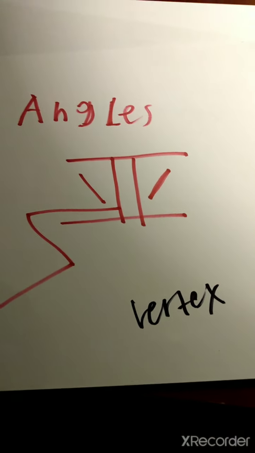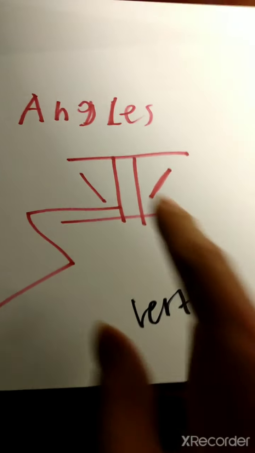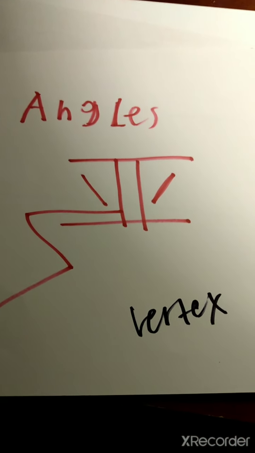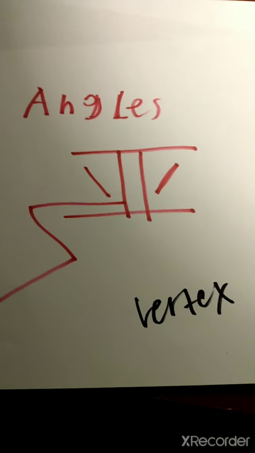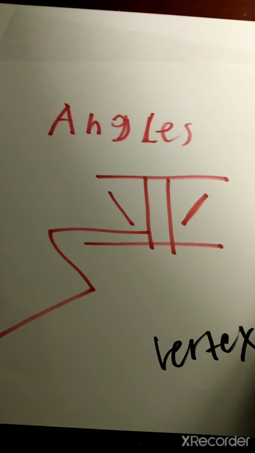Hey, Taoping Airlines Math Industry, and we're going to be taking a look at angles again. What we're going to review with angles is that we understand there are parallel lines right here. Parallel lines are lines that never intersect or never touch each other. These lines don't touch each other. For this, for example,